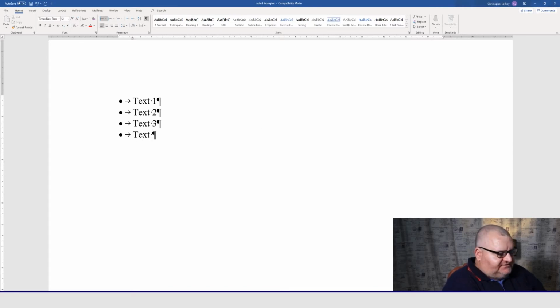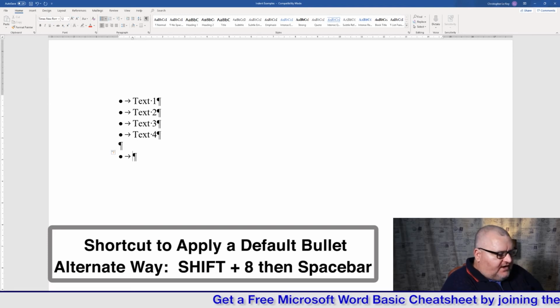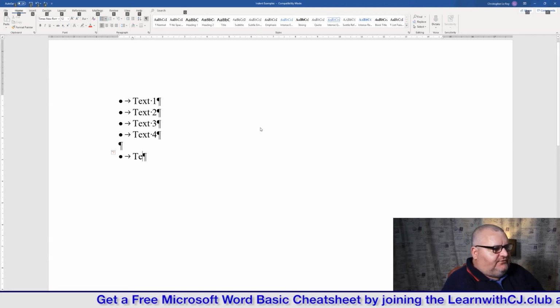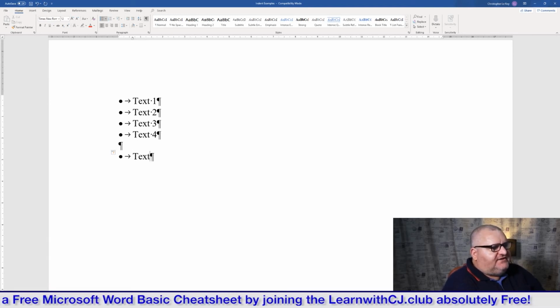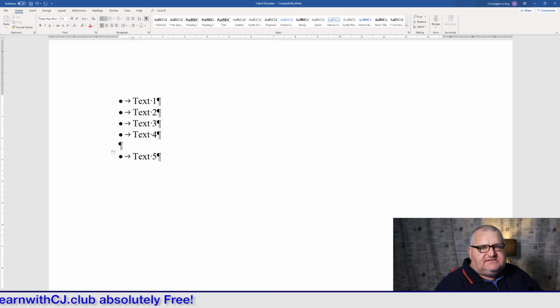Now there is an alternative way that you can actually do this. So an alternative way is to actually use the star key. So Shift 8, spacebar, and you'll see that also converts it to a default bullet. So either way will actually work. Alright, so the shortcut again, Control-Shift-L for the default bullet, or star space will also work to actually create a